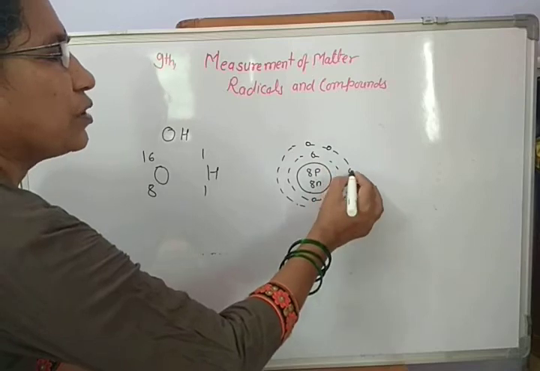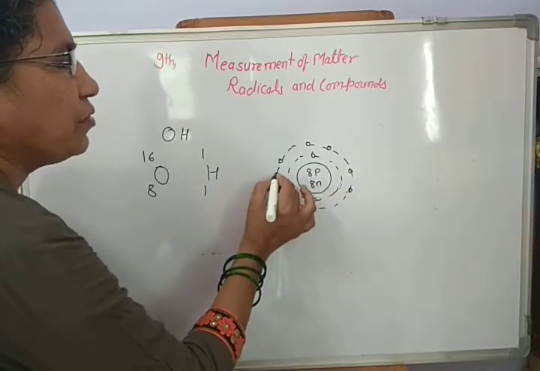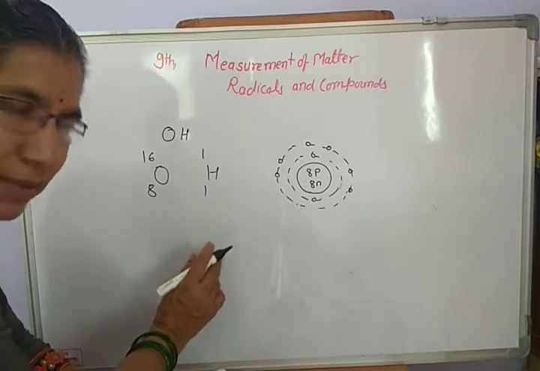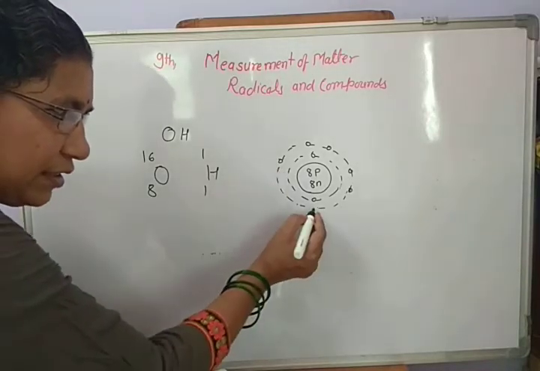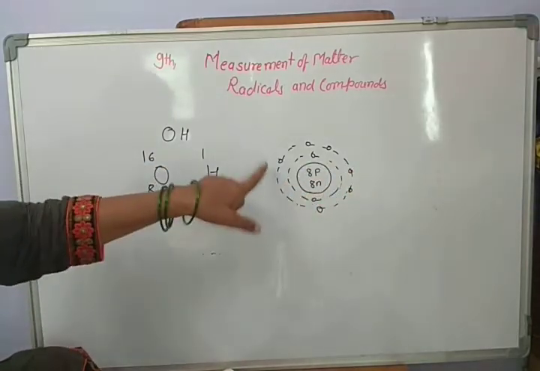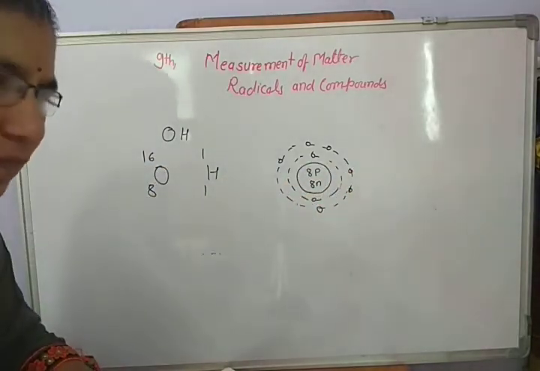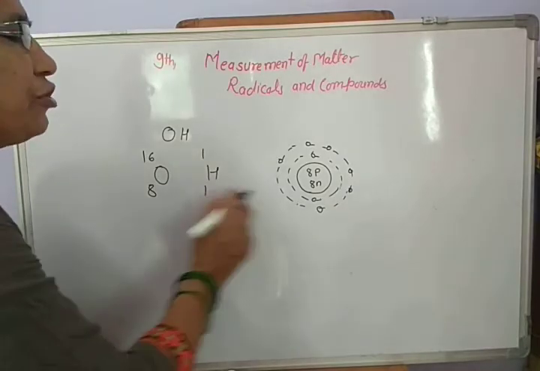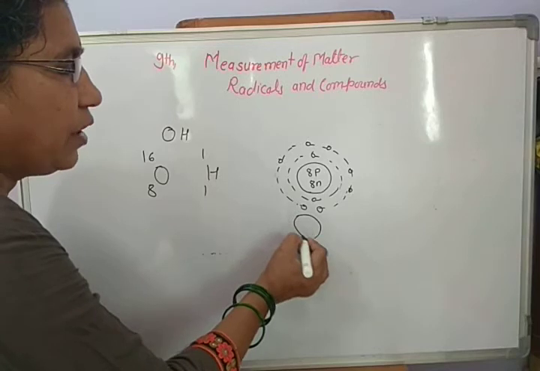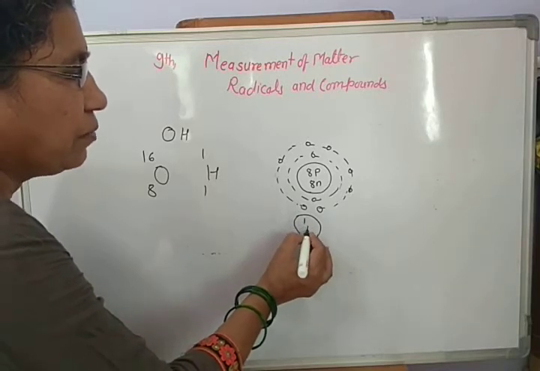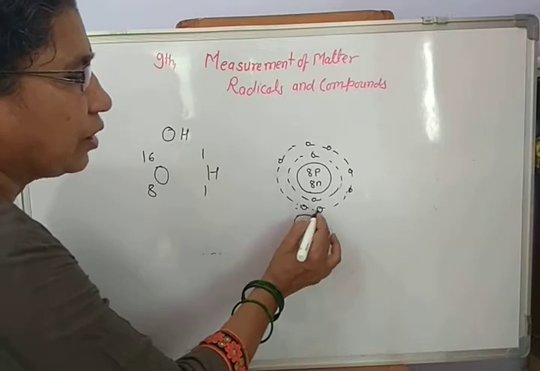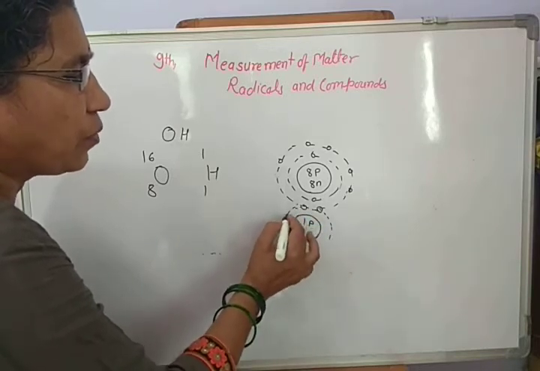These two are in the first shell, and in the second there are only 6: 1, 2, 3, 4, 5, 6. Now what happens? These 6 are not like this. These 6 are separate: two are paired and the other two are separate. Now one hydrogen can share its electron, one p only. There is no neutron inside the hydrogen. And now this sharing bond is formed.